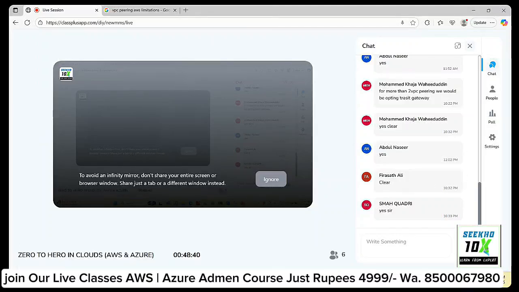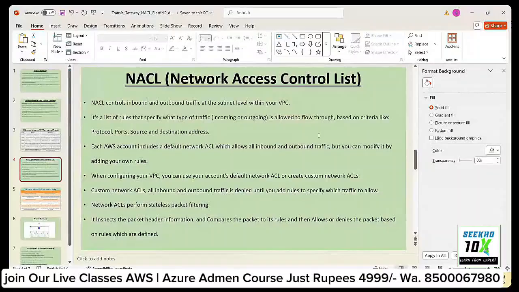Okay, let's come to the next topic, called NACL, the Network Access Control List. As I discussed earlier, NACL is one type of security firewall which controls your inbound and outbound traffic. Inbound is the traffic which comes from your outside network, and outbound is the traffic which goes out from your network. Here NACL can be applied